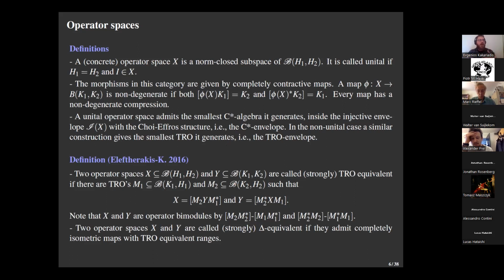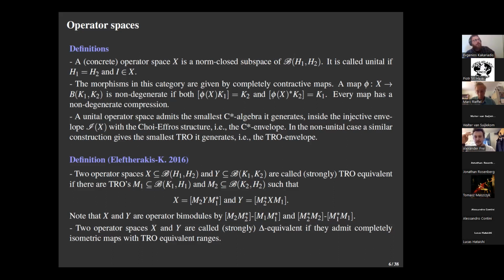Otherwise, you wouldn't have a passage between, or you wouldn't have a theory that gives you equivalent representations. That's the only thing that happens with delta equivalence. You abstract and you say that up to a representation they are TRO equivalent. That's what you say. So delta equivalence says that there exists a representation, a completely isometric one, where they